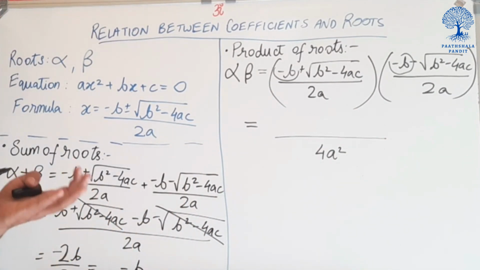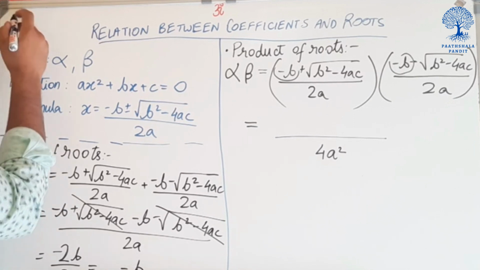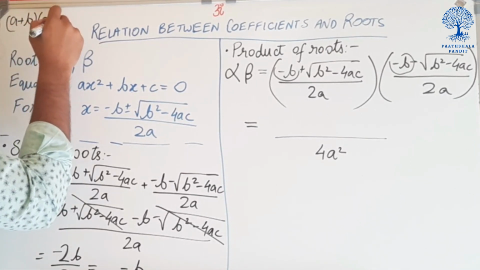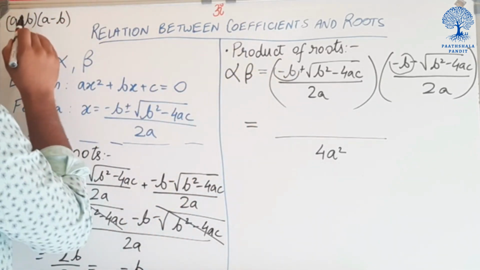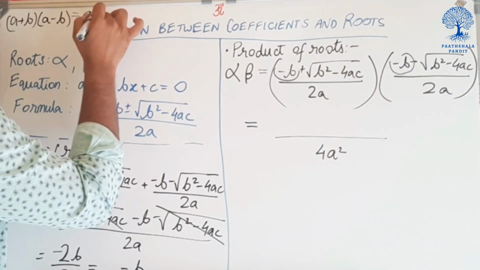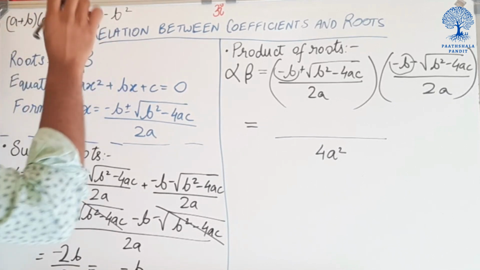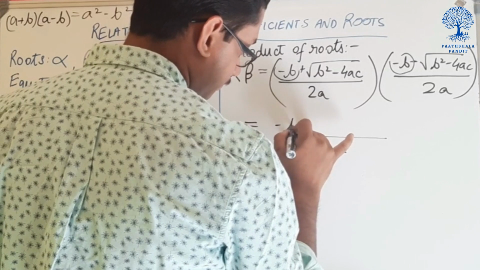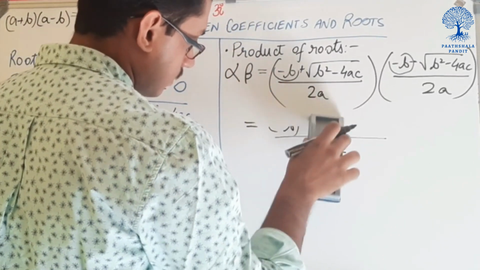So which formula are you reminded of? Of course it is the a plus b, a minus b formula. Here a is this term minus b and b is this whole term, means consider it, equals a square minus b square. This is the formula. So we will apply the same formula here, minus b whole square,